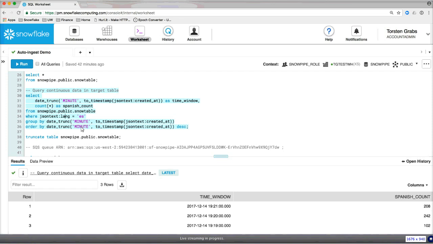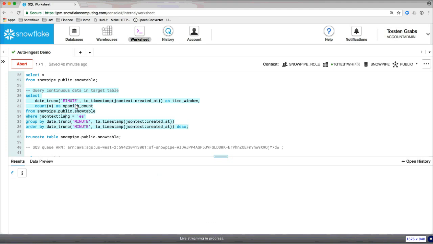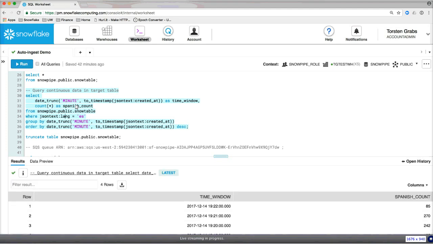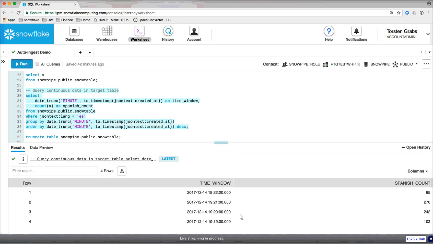What would happen if I rerun this statement? You can see at this point already we have the next window that just opened up. So here we have 4 time windows. The 4th minute is live. And as you rerun that statement, you will see that the count in that time window, the last minute, is increasing as well. So that might be a more typical example of the kind of queries that you run over a continuous data feed, for instance, to track trends over time as they evolve and as new data comes in.